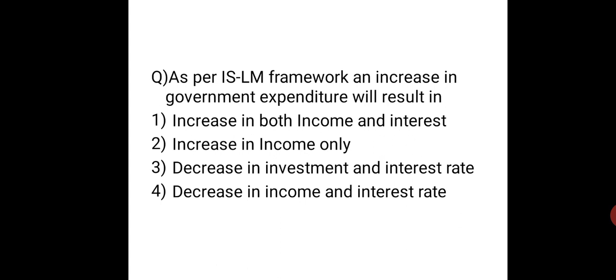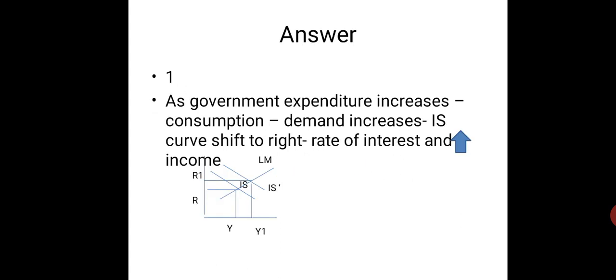So we know what an ISLM is. It's a broader model, and IS stands for investment and saving, and LM stands for liquidity preference and money supply. So under an ISLM framework, when there is an increase in government expenditure, what happens? When there is an increase in investment, the IS curve will shift to the right. For any question related to the ISLM curve, just draw the graph. If you draw the graph and you know in which direction the IS and LM curves are moving, it is very easy for you to understand which of the variables are changing accordingly.